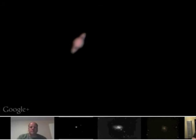And there's Saturn again. You can see the bands across the planet. Oh, I can't see the Cassini division. That's the gap in the rings. And I see a bit of the shadow behind the planet of the...